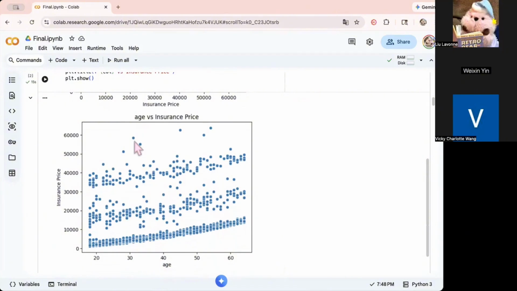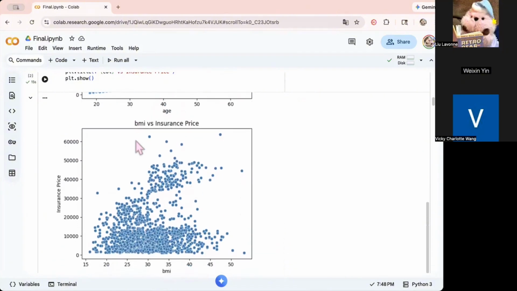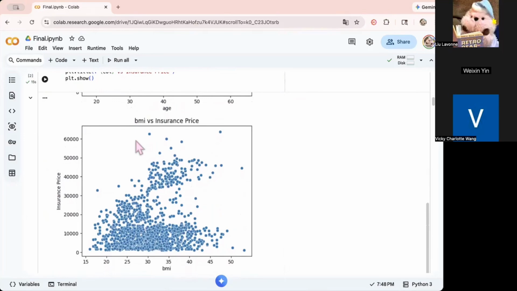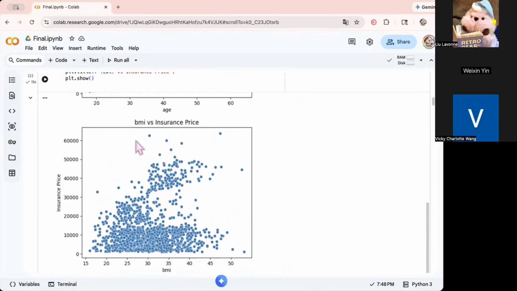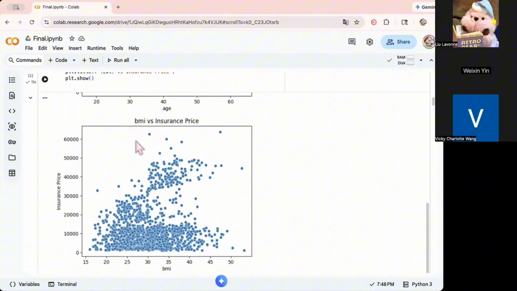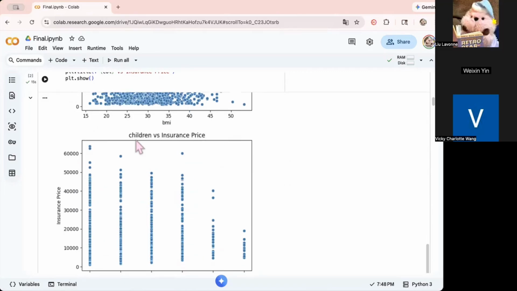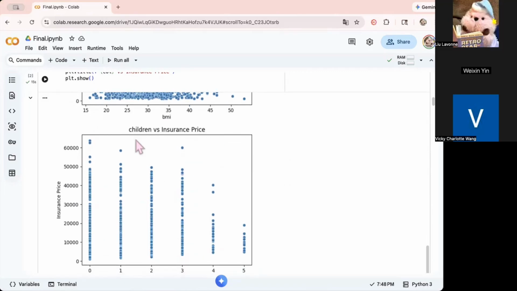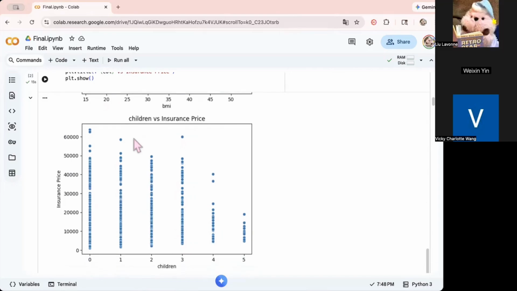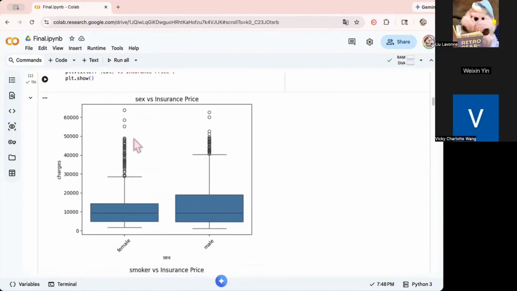Second is BMI, or body mass index, which measures body fat based on height and weight. Higher BMI is often associated with higher health risks, so it also tends to correlate positively with insurance costs. We also have the number of children covered by insurance. This is another numerical feature, and while it may influence total cost, its effect is usually moderate compared to other variables. Next, we have categorical